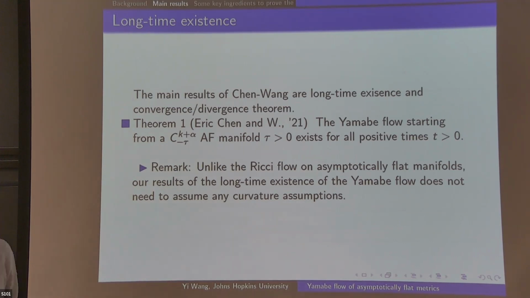Remind me what AF is? Oh, that's asymptotically flat. Completely general, it's very general, right? Yeah. So it opens the door to prove Schoen's theorem for the flow, if you can control the convergence. Well, the problem is that this one converges to a scalar flat metric. It may not converge to the Euclidean metric in that positive mass theorem.